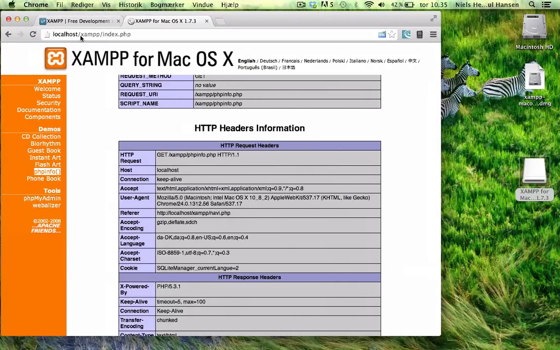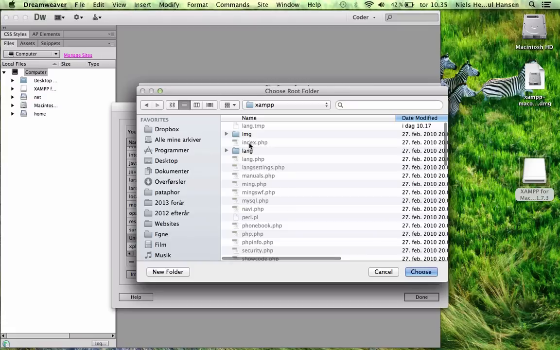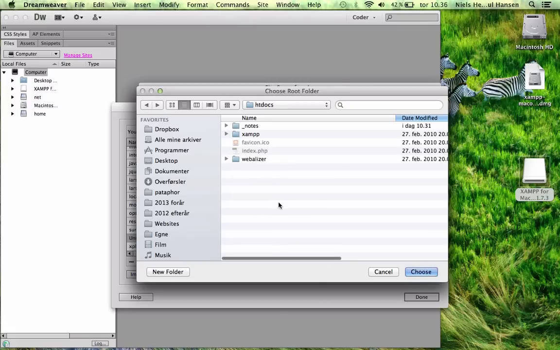See, that is localhost/xampp/index.php. And if we go to here, we see there's a folder called xampp, and there's a file called index.php. Like when we code the HTML sites, the static sites, we have an index.html file, and in order to have the server look in a folder for the default file, we have to name it index.php. But I'll just choose this folder as my root folder, as it says here. And when I choose this,